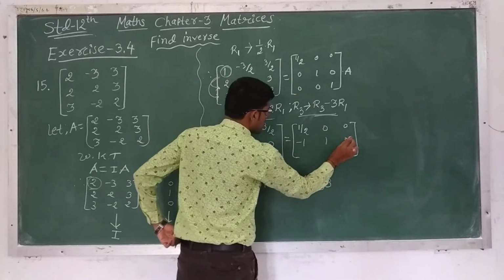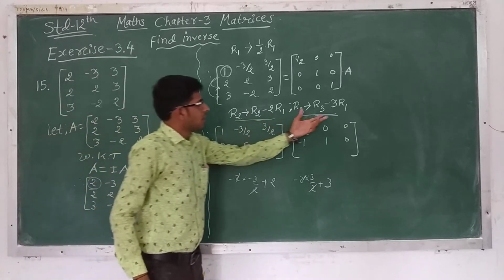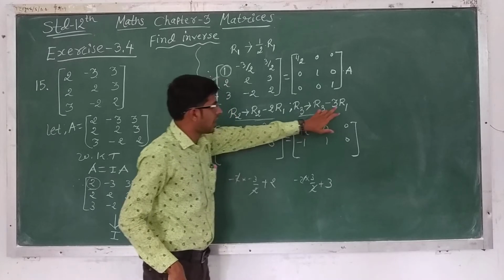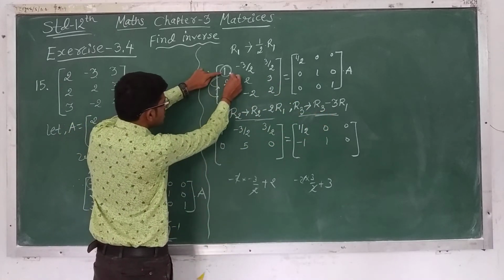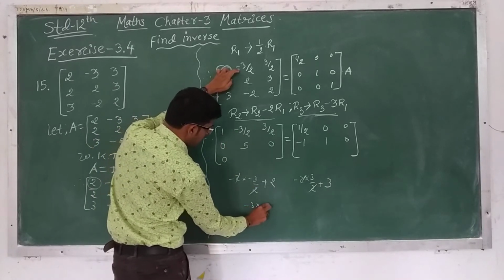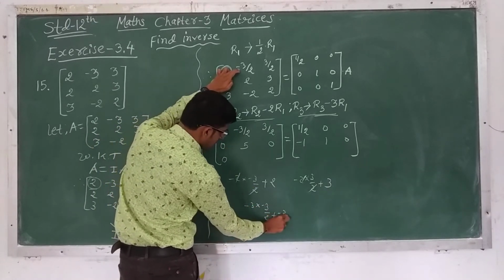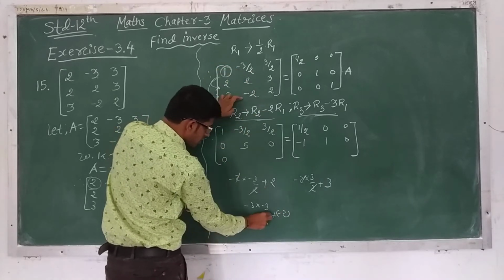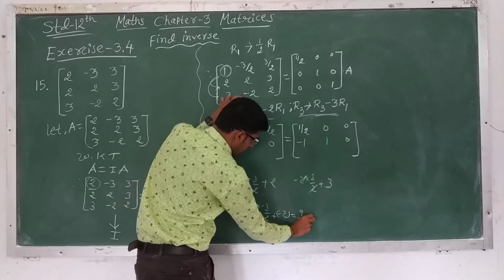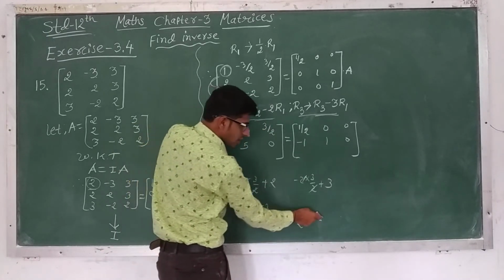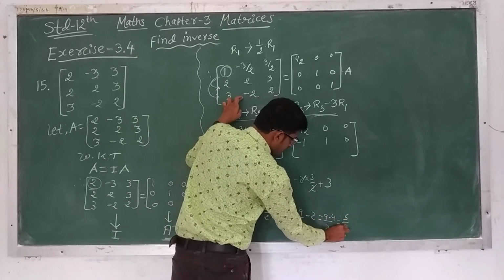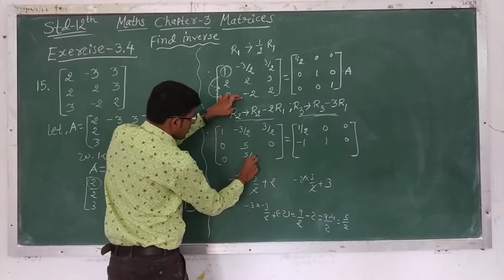1, 0. Next same operation we have to apply on R3. So we have to multiply by minus 3 and add in R3. So minus 3 into plus 3, 0. Here minus 3 multiply by minus 3 by 2 plus minus 2. We have to add in third row. So here 3 3s are 9, minus minus plus. So 9 by 2 minus 2. Now take LCM. So 2 2s are 4. So 9 minus 4 by 2. So 5 by 2. So here write down 5 by 2.